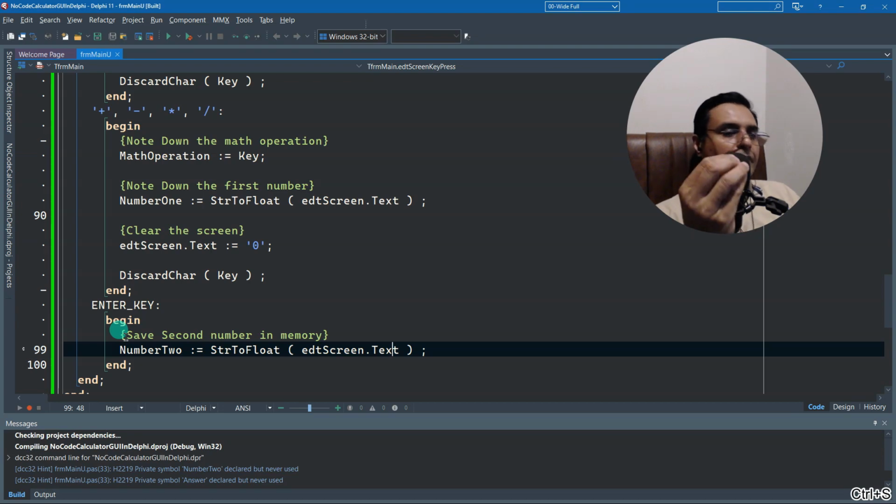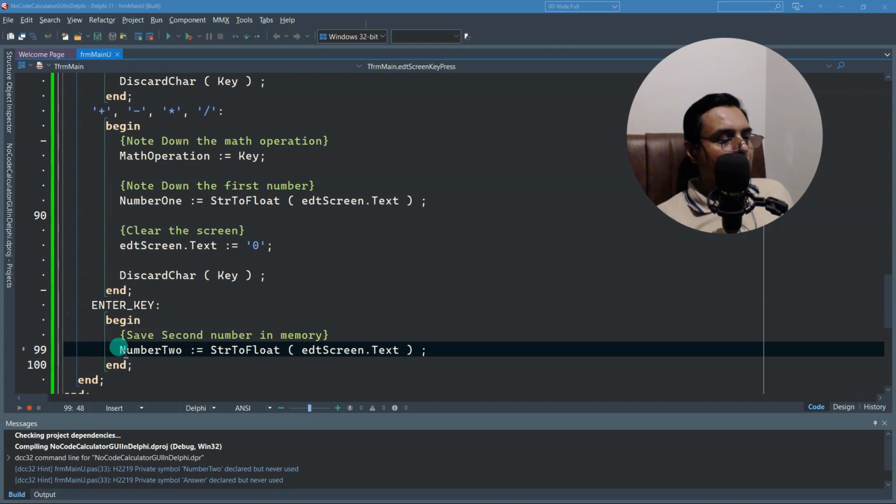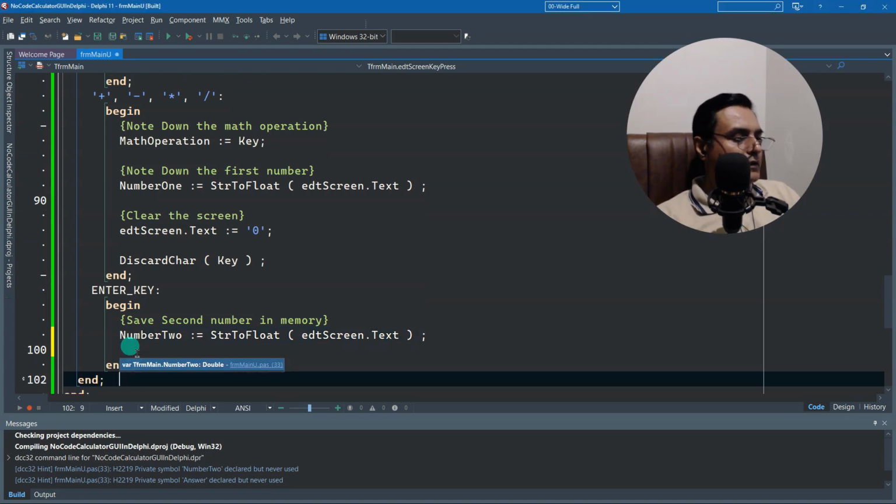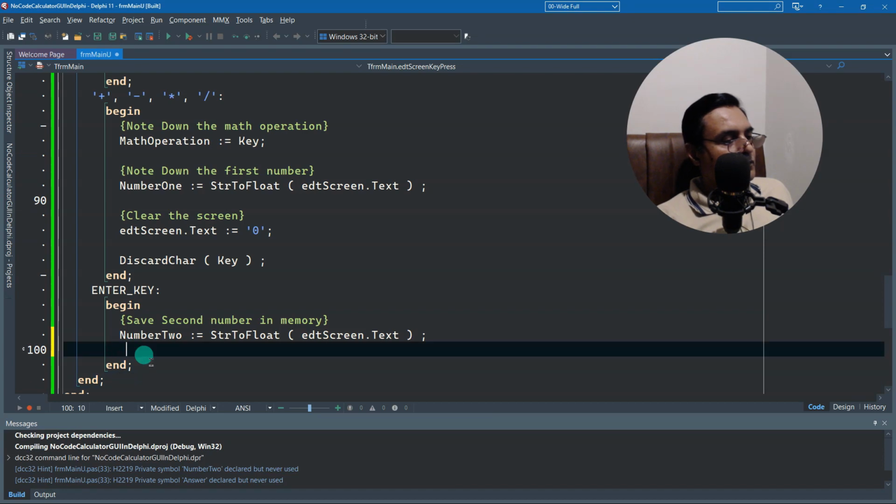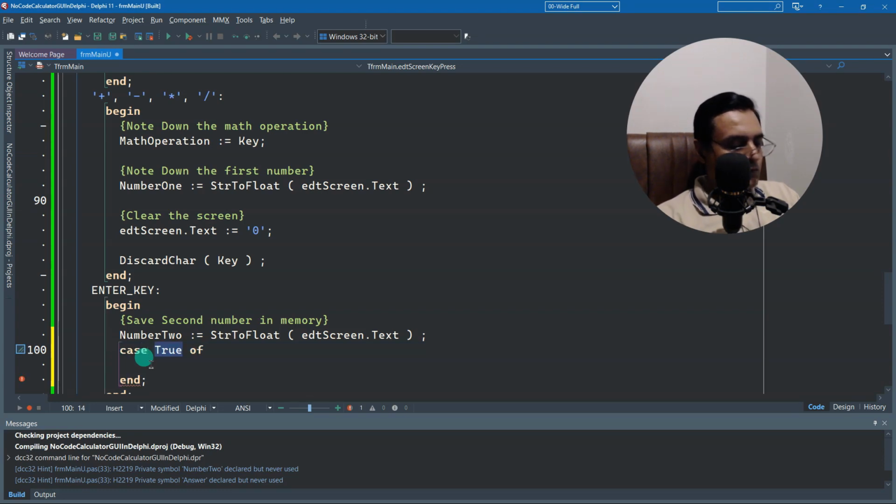Okay, so we have number 2, and now we have a math operation already selected, so we will see what math operation was selected, and we will use case statement here to make it more readable. Case math operation of,